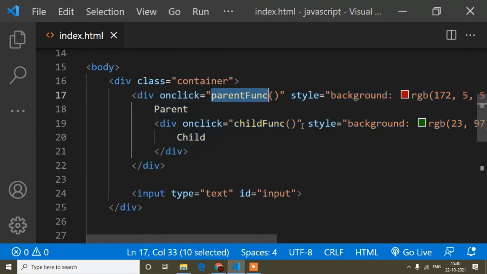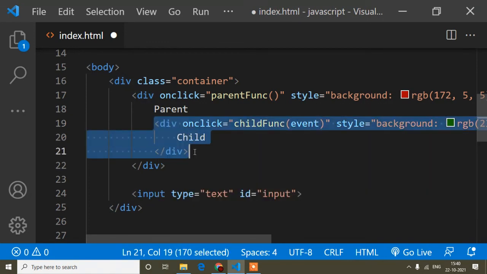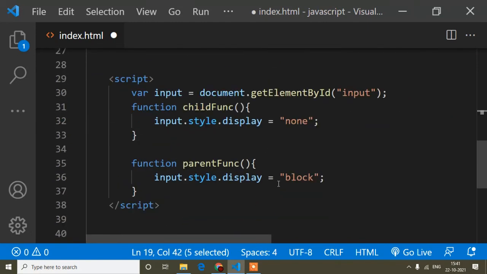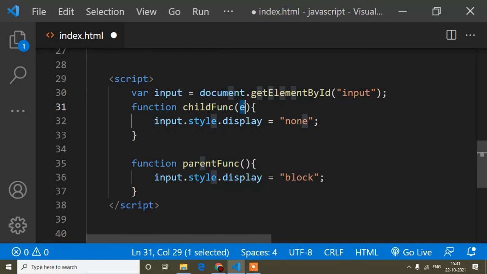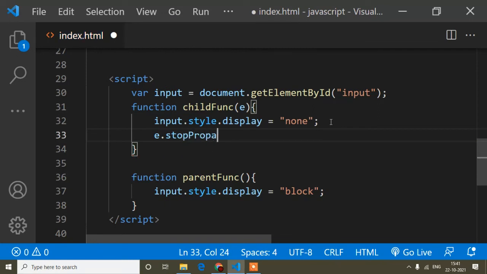Now I will show how we can stop this. Simply here in this child div, I will pass the event parameter. When I click here, this event also goes to the parent, so here I will stop the event propagation. That's why I have passed the event parameter here. You can write any name for it. So simply I will write e.stopPropagation, this one, save,